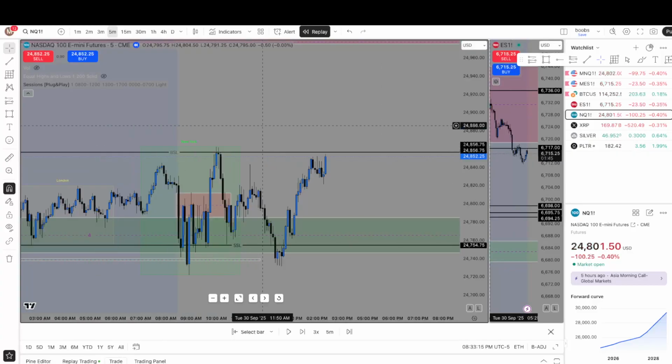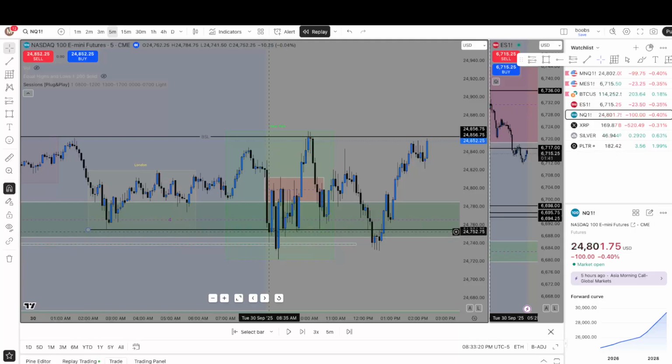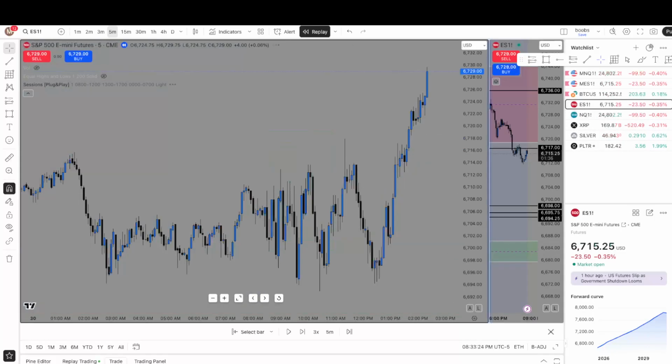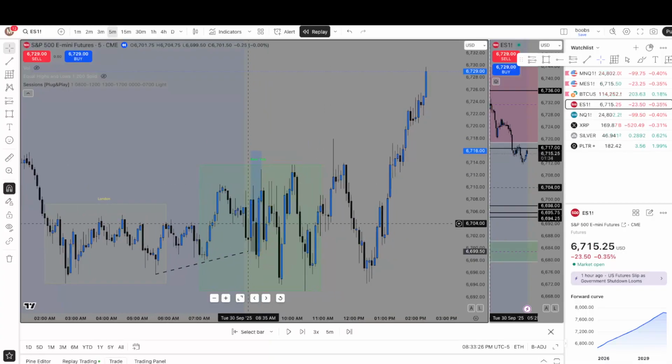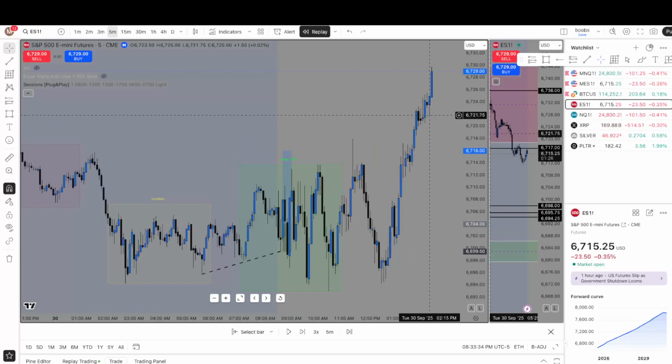That's why I lost today. What did the market do? I lost because the market, after it gave me that SMT in ES, Nasdaq decided to come into this 5 minute. ES, by the way, did not have it when I entered. You can see the trade was right there. It went up, and then it came out and stopped me out. And then now it's moved up higher and made its move.